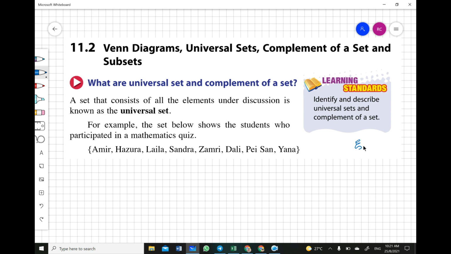Denoted means dinyatakan, or ditakrif, something like that. Denoted using the universal set. So I'm going to write down using the symbol of the universal set like this, is equal to. We are going to list down all the names here of the 8 students: Amel, Hazura, Laila, Sandra, Zamri, Dali, Peishan,